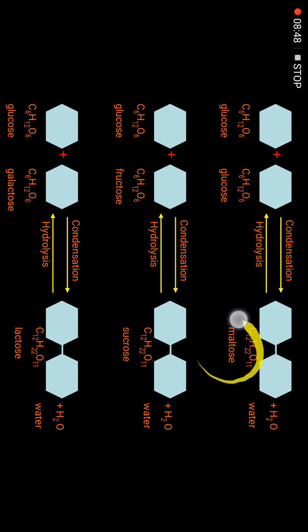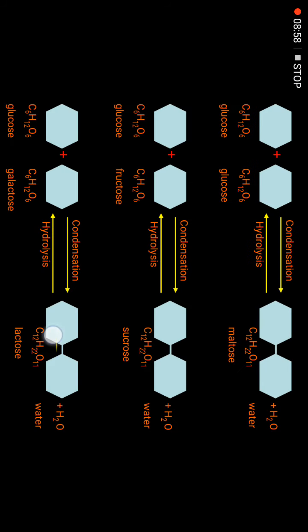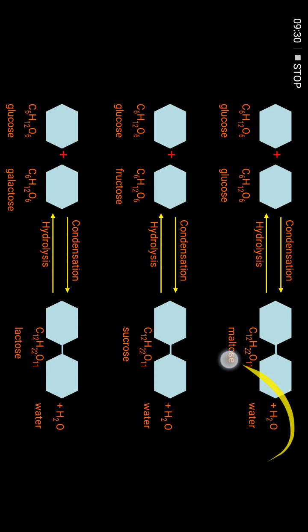Maltose is between glucose and glucose, sucrose between glucose and fructose, and lactose between glucose and galactose. So it's not difficult. The first one is always glucose, the second one you change. If it's glucose, then it becomes maltose. Maltose is the grain sugar, which can come from malt. Fructose becomes sucrose, which is the fruit sugar. And the last one is galactose, which comes from the milk sugar. So all of them will have